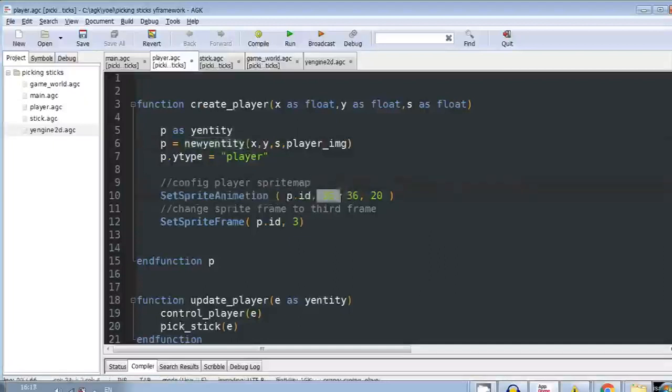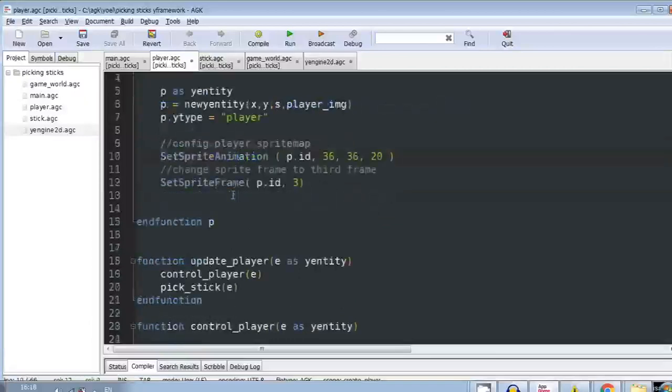Its dimension is 36 height and 36 width. It has 20 frames. We already covered this in the last lesson. And we set the sprites to 3, the same sprite ID from the P entity we created. It holds the sprite ID on .id. Well, if you don't get it, I suggest you watch my previous video about